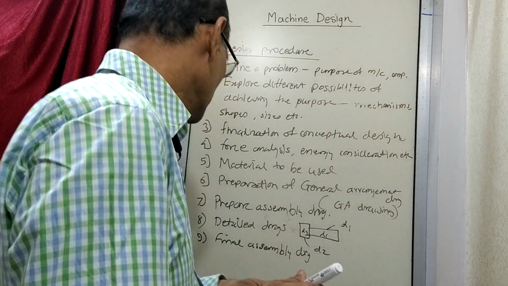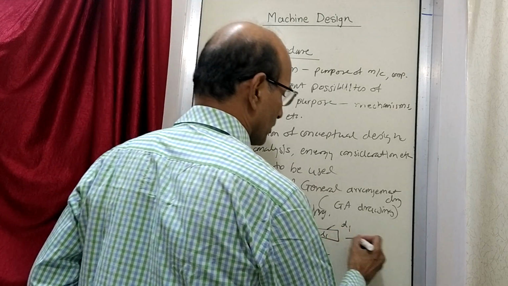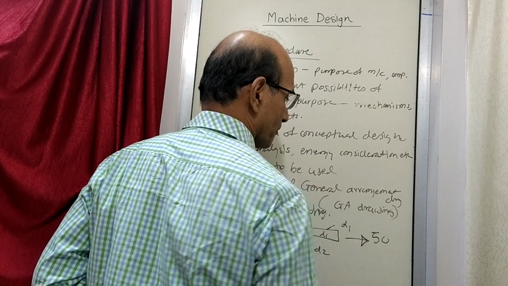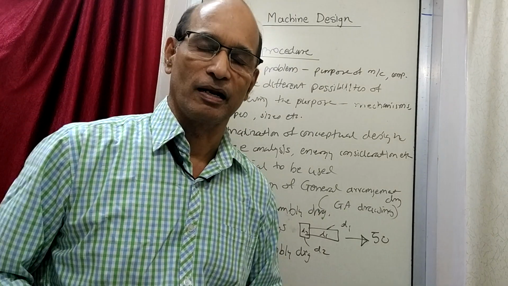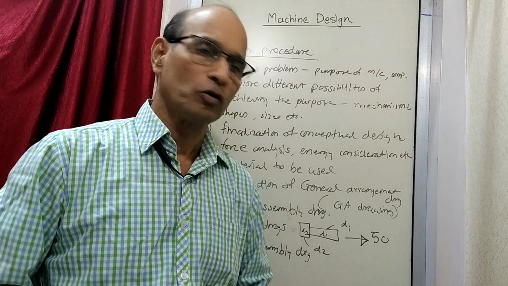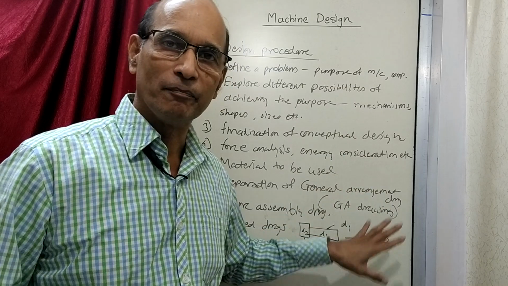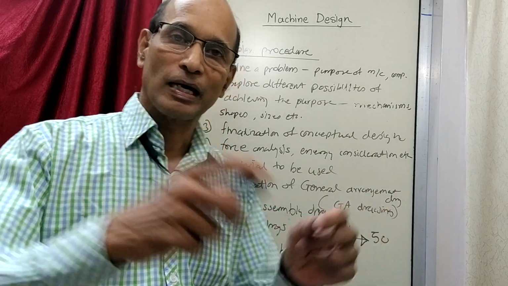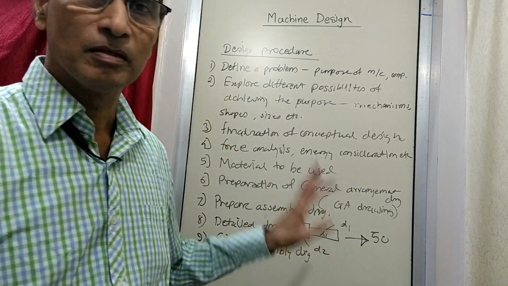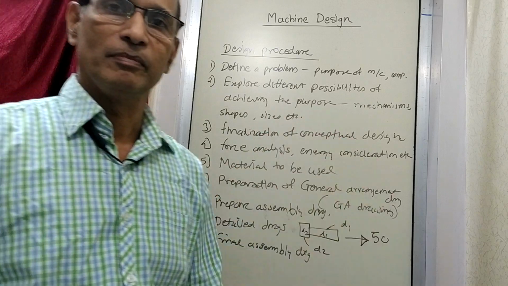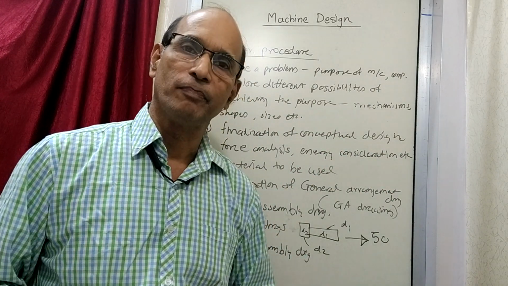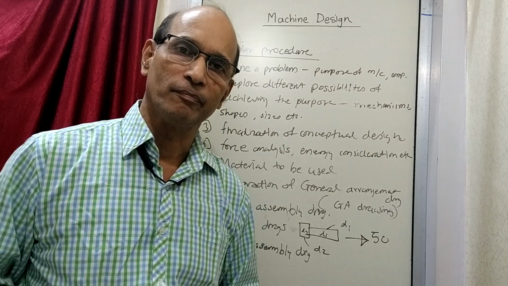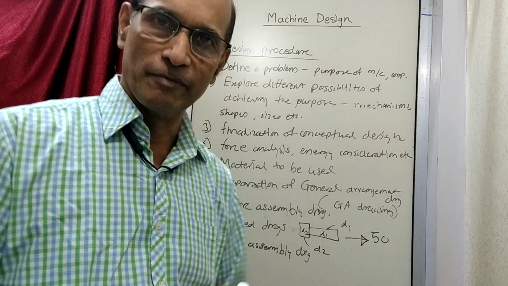So now let's say in the detailed drawings there are 50 parts. In this assembly there are 50 different parts, suppose they are there. That means you have to make these 50 parts. Once these 50 parts are in front of you, then you can assemble them as per the assembly drawing, and then your assembly will be ready, your machine will be ready. Now what do you do for making these 50 parts? Are you going to make all the 50 parts? You need them, of course you need them.